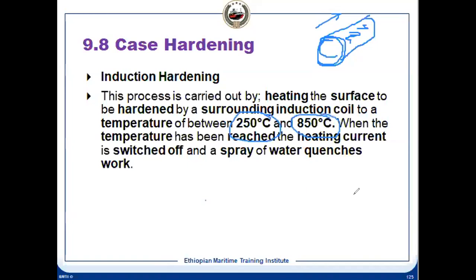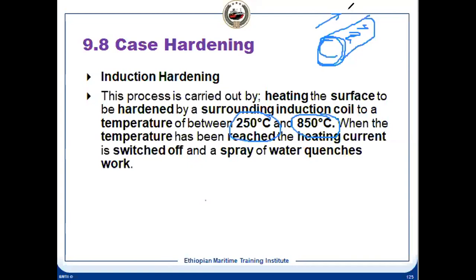This temperature, if you see, is below the eutectoid temperature, or close to it. It is in solid form. It has not reached the liquid form. It will change to liquid at the eutectic point, not the eutectoid point. The eutectoid point is your solid solution. So we have increased to this temperature, and at the same time the flame is moving in this direction.